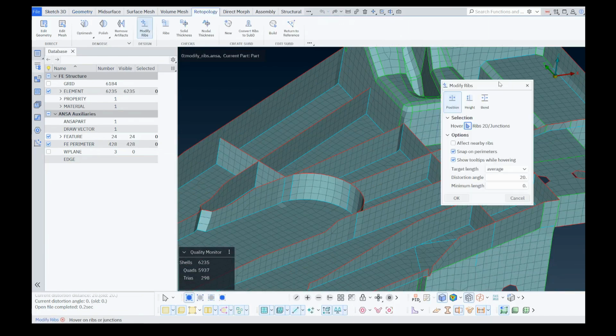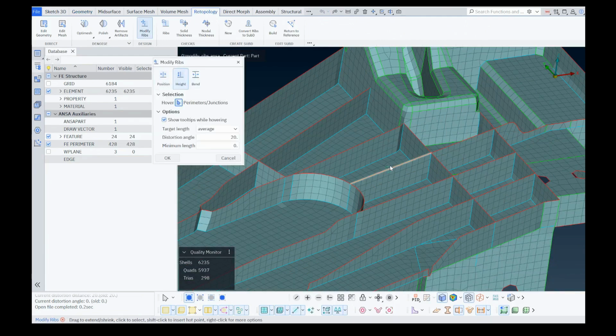Apart from the reposition of the ribs, we can modify the height of the rib at a specific point, or we can do it by dragging and dropping the edge. Or we can select the edge and then select a specific point, in which case we can modify the height on a specific corner of this rib.